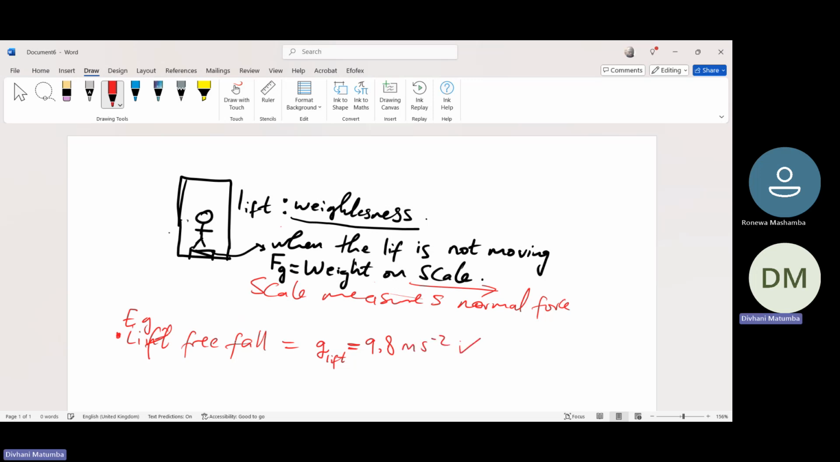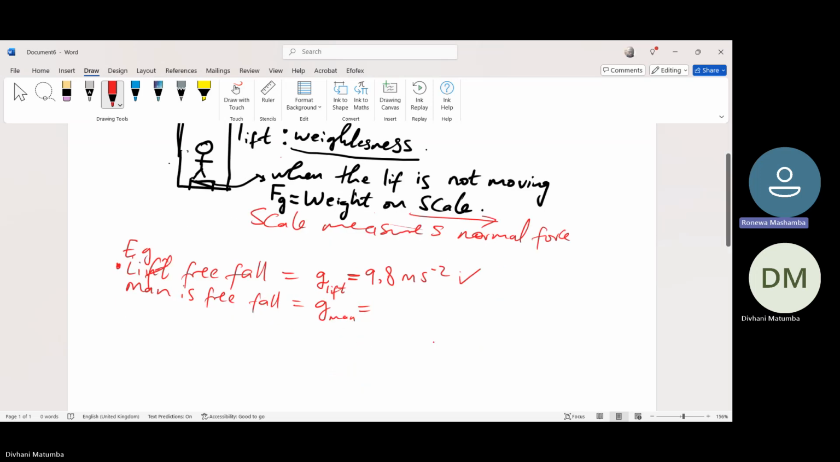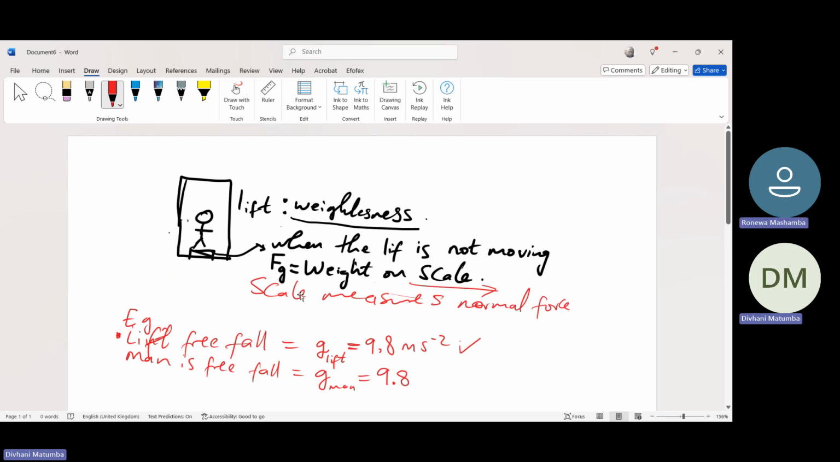Okay. Now, what will be the gravitational acceleration when the man is in a free fall? So would it not also be 9.8? It will be 9.8. So let me ask you, if